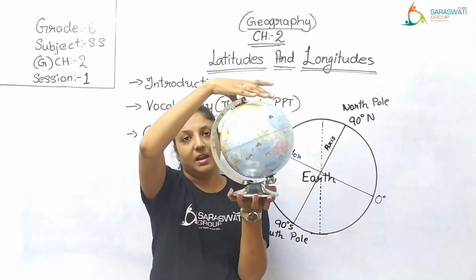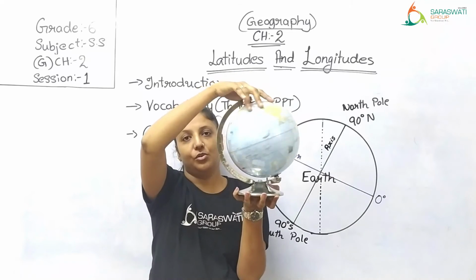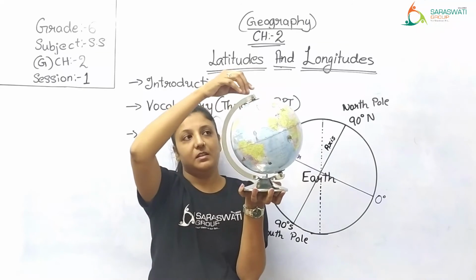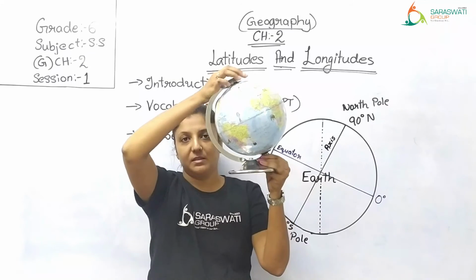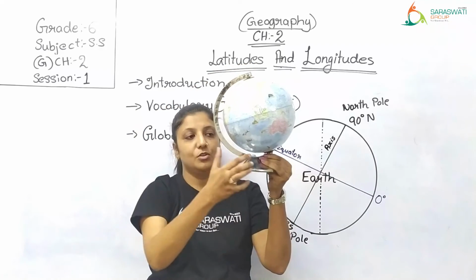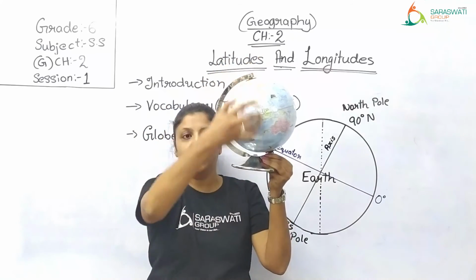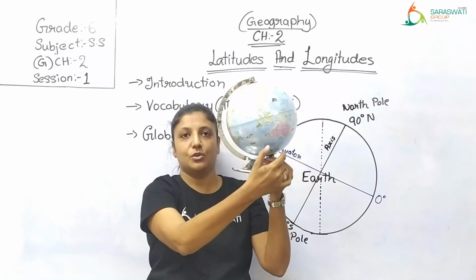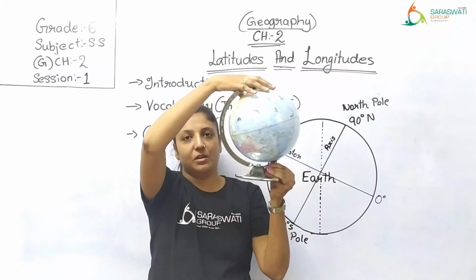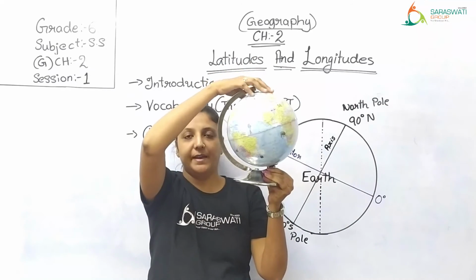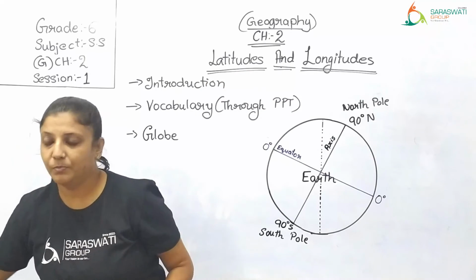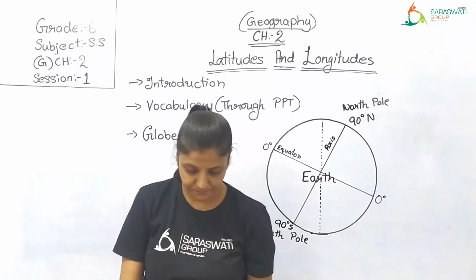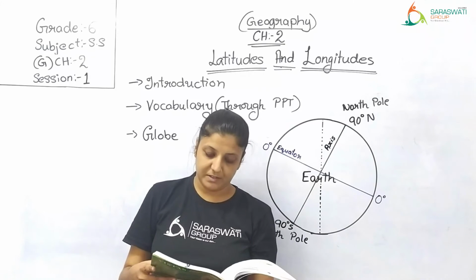This is the axis and the earth rotates on its axis. See, this axis is fixed. Here up and down, this axis is fixed. But this is not exactly down, it is not straight, it is cross. Right? So the earth rotates on its axis. Now, let us go further. The earth rotates on its axis.